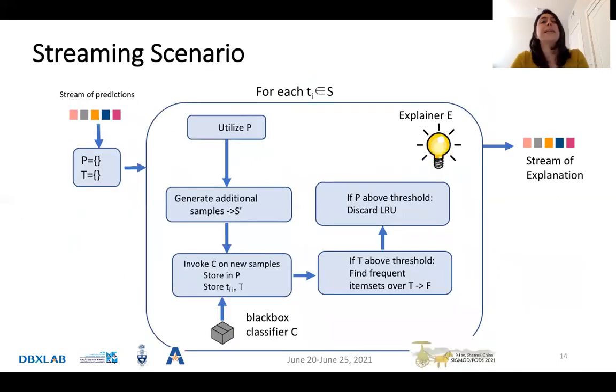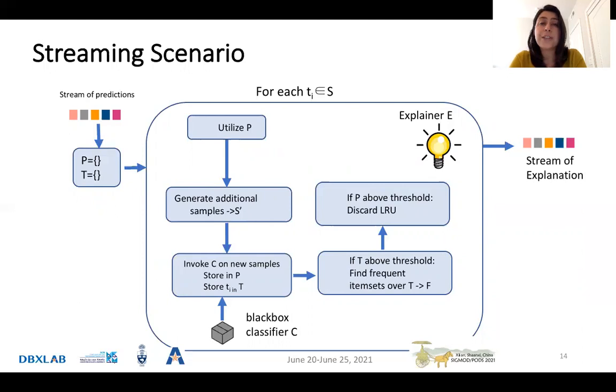We also looked at the streaming scenario. In the streaming scenario, the tuples and their prediction come one by one, and we want to explain them as they come. In this case, we assume we had two additional storages, one for storing the generated samples and labels, and one for storing the explained tuples.